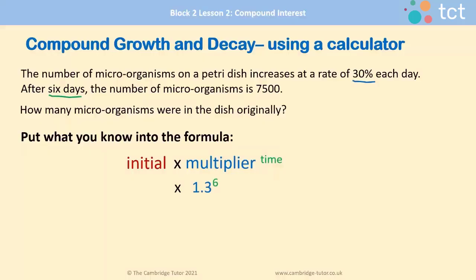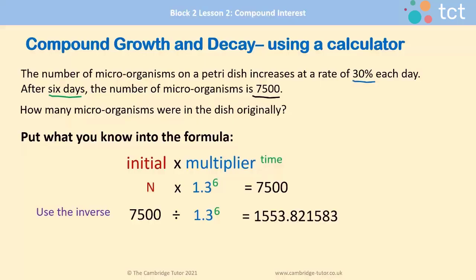And we know that the final number of organisms will be 7,500. What we don't have is the initial amount. We're looking for how many we had at the beginning. So we're going to put n for the initial. And what we need to do with this one is to use the inverse, working backwards to get back to what the initial would have been. So 7,500, and we're going to use the inverse, which is dividing. And we're going to divide that by 1.3 to the power of 6. So you key that into your calculator exactly as you did before. And this will give you